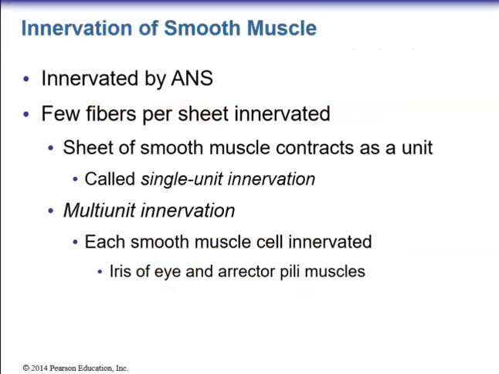Smooth muscle is innervated by the autonomic nervous system. Few fibers per sheet are innervated. A sheet of smooth muscle contracts as a unit called a single unit innervation. With multi-unit innervation, each smooth muscle cell is innervated. Examples of multi-unit innervation within smooth muscle include the iris of the eye, as well as the erector pili